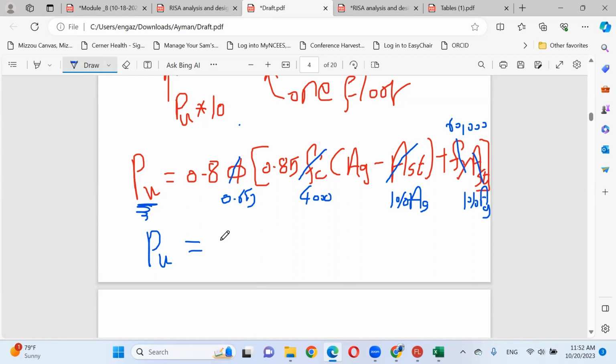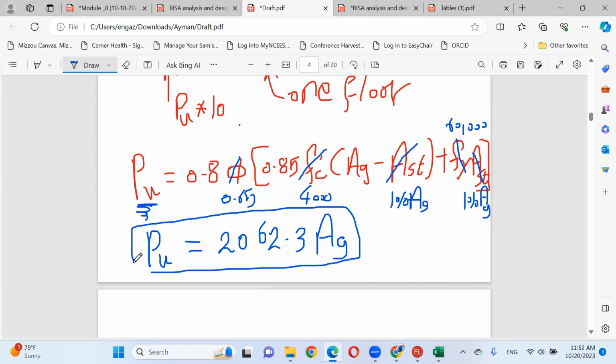It will equal 2062.3 area gross. I just simplified. I have only one unknown, area gross, on the right side. So the final relationship is P ultimate equals 2062.3 area gross, based on my assumption of area steel 1% of area gross, concrete 4,000, and F yield 60,000.